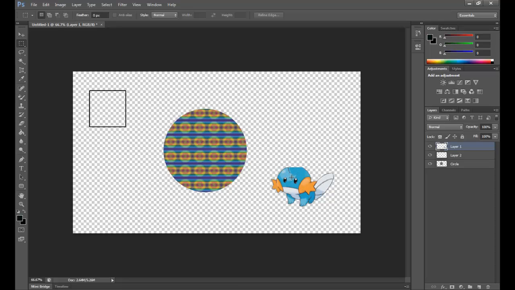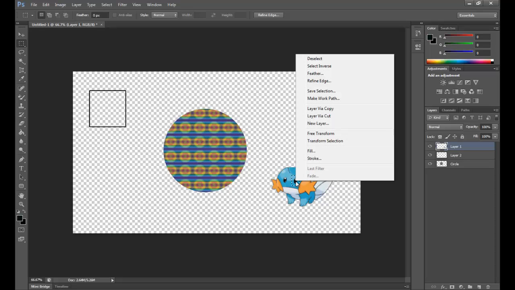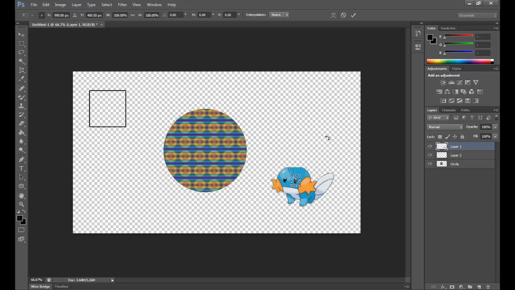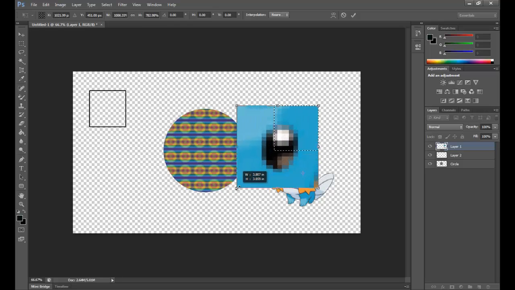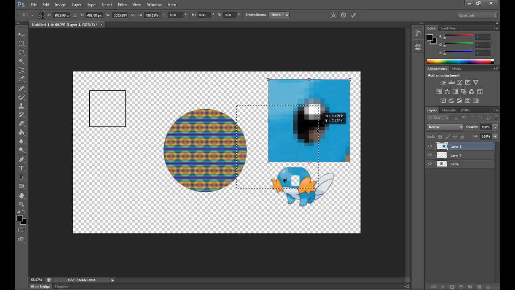So what else we can do with it is, let's say we want this, hover over his eye, and click free transform. Now we can resize that little pixel right there. We can also take it away, and we can enlarge it. And if we enlarge it a lot, like this,